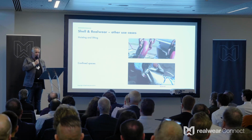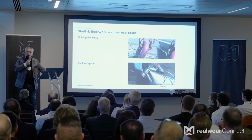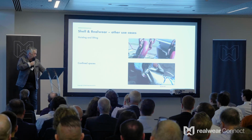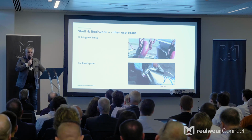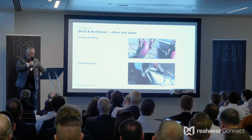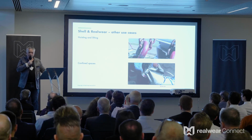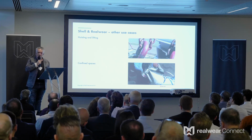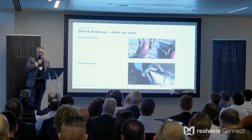He looked, yep, ladder is still there, nobody on the ground, fine. And the guy was hanging there, not able to do anything, because he could not talk and he could not shout. We got that use case and said, is there something we can do about this? And we said, if we can make the RealWear connected from a confined space, we could have some kind of